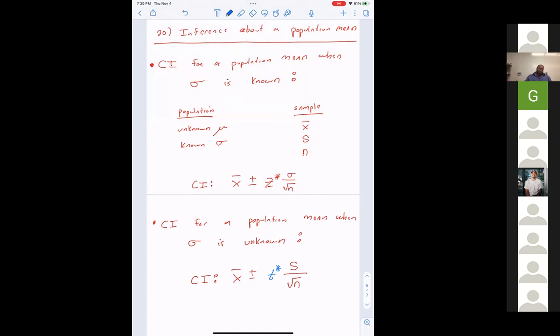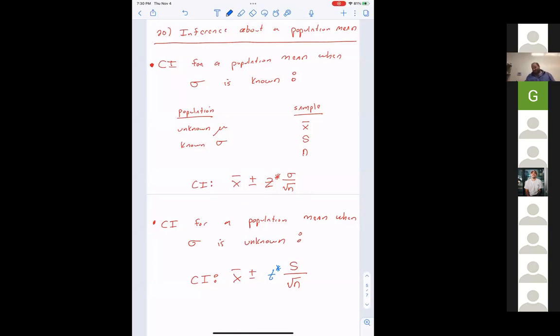Now, your calculator doesn't care if you're using Z or T. In fact, if you go to your calculator and look at the confidence intervals, how are they labeled? Go right now, even if we're not going to use one, go to your confidence intervals in your tests. You see they're all labeled with one of two letters. What are the two letters that we use for all of them? Z and T.